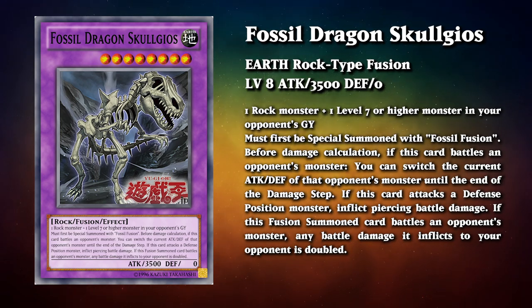So that's pretty cool. And then if this card attacks a defensive monster and inflicts piercing damage, typical. If this fusion summon card battles an opponent's monster, any battle damage it inflicts to your opponent is doubled. Ooh, okay. Okay, so that's good too. So it does double battle damage. That's pretty dope. So the last effect and the first effect works well together because you attack something, you swap